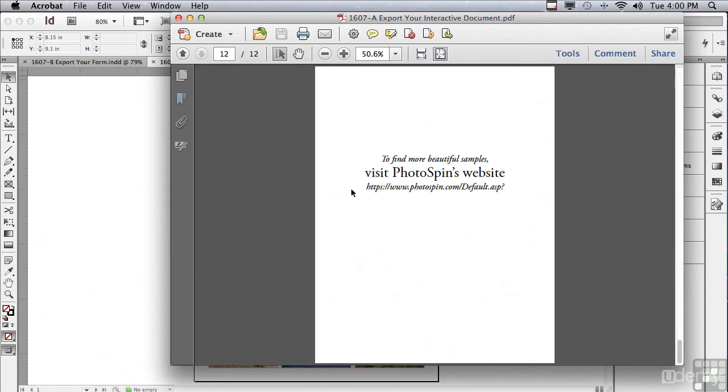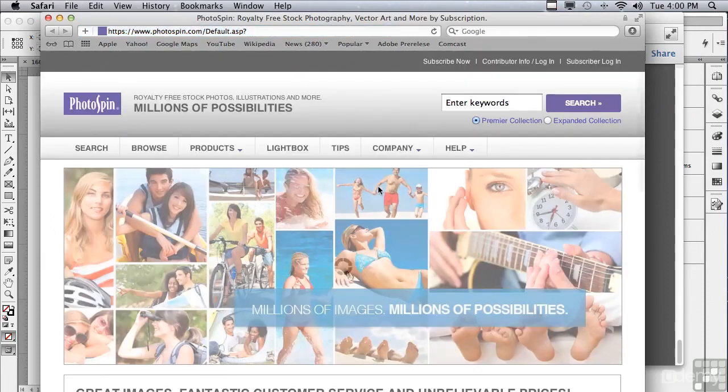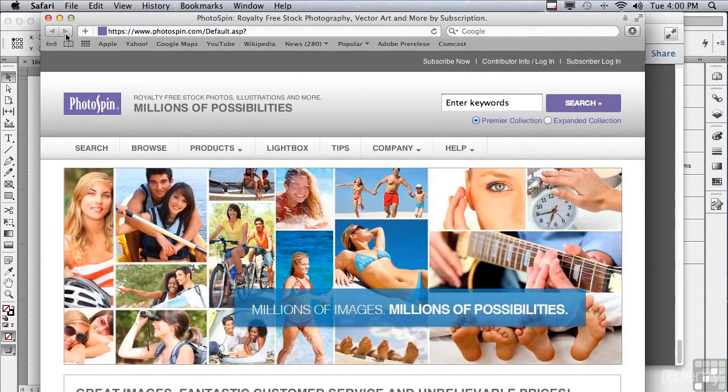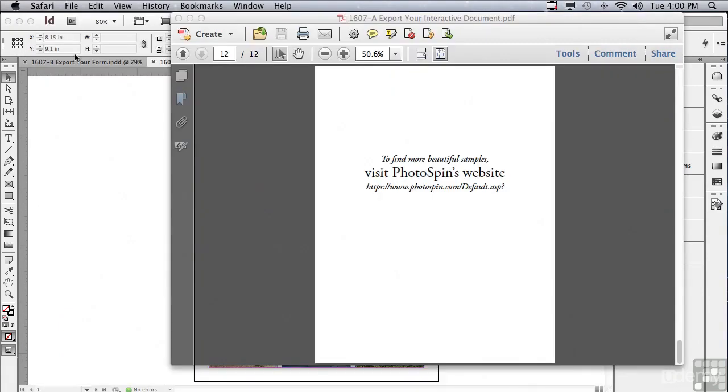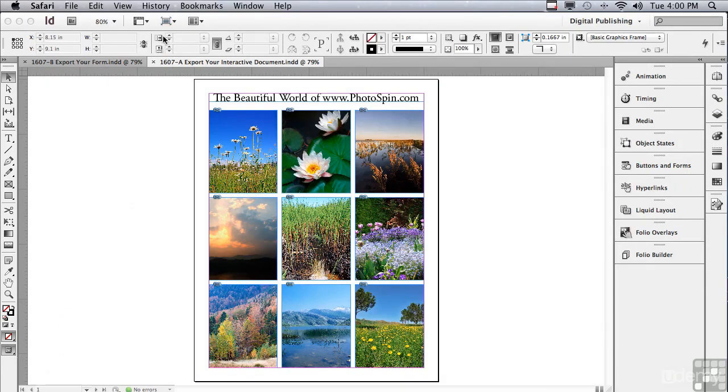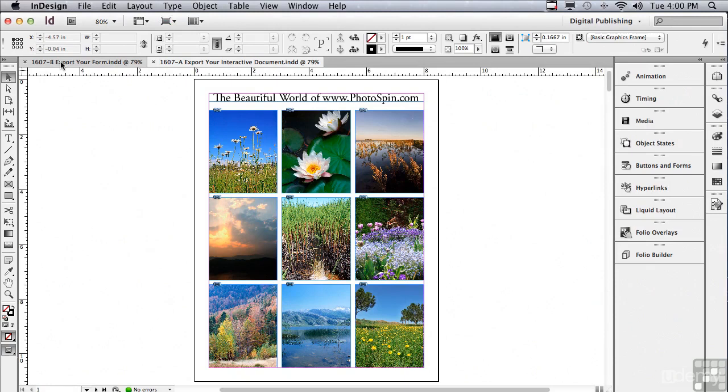And you remember on the last page we had the PhotoSpin website. And if you go over the top of that and click, it's actually going to open the PhotoSpin website. Really nice. Let me close my website and also the Acrobat, and then go to the other layout,